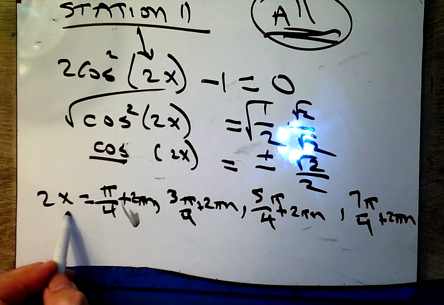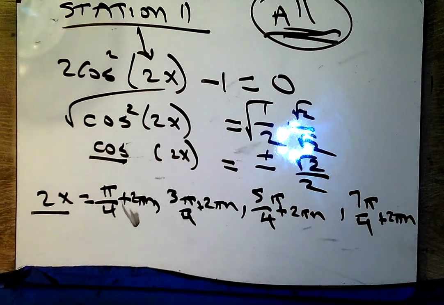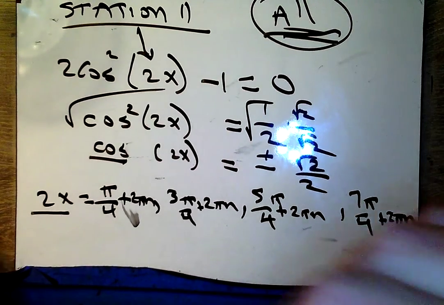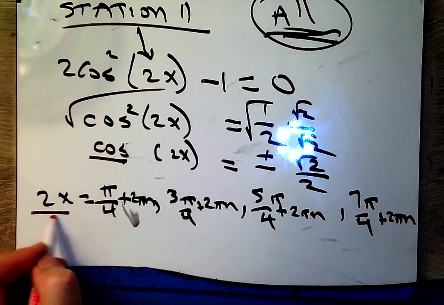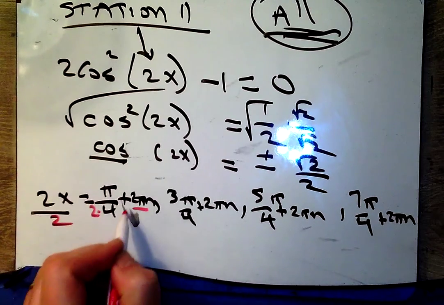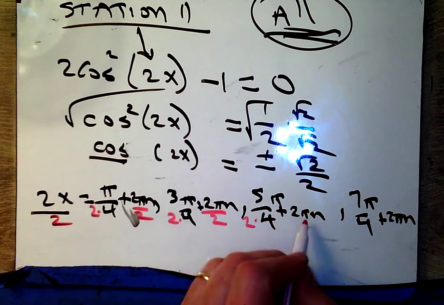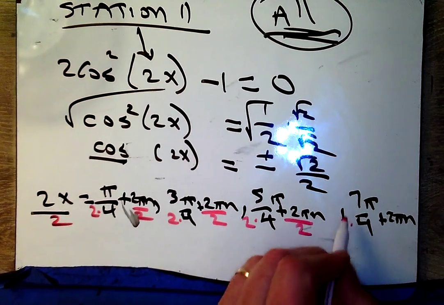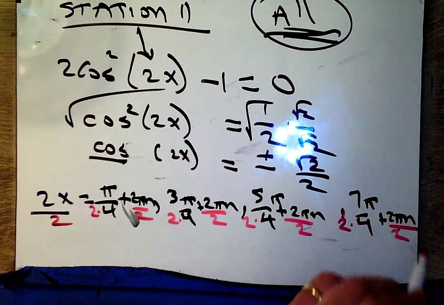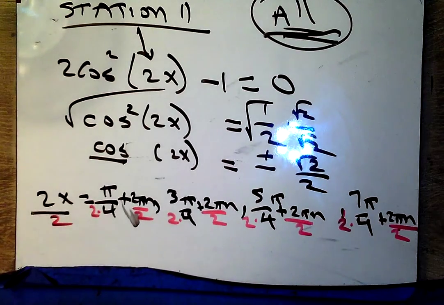But that's what 2x equals. So we need to divide everywhere by 2 still. 2 here, and here, and here, and here, and here, and here, and here, and here. So my final answers now will be